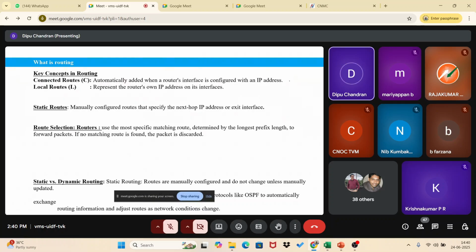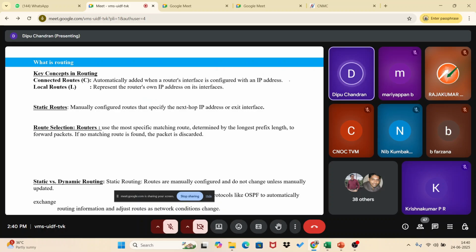The intermediate person will take the longest prefix. If you have a full address, with house number and location, and somewhere nearby this temple, up to there, he will take that address only as the final destination. Routers are also configured such that the longest prefix, meaning the most specific address to where I have to reach, is the one that will be taken.